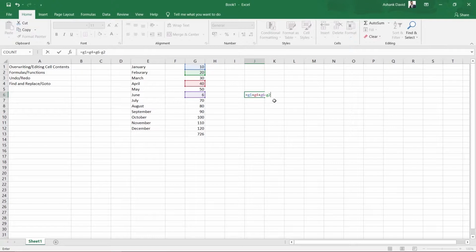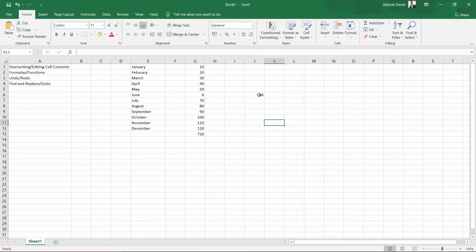After writing this, if I press Enter, it will do the math and provide me the answer. If you want to see what formula is applied, you can select the resultant cell, and it will show you the formula in the formula bar.